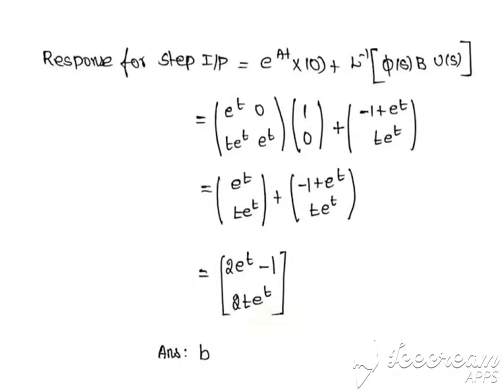So now substitute these two values, that is the state transition matrix and x of 0, the initial value that is given, and this value. Again perform multiplication by the row column method, then we get this matrix. While adding these two, we get the final answer. The correct answer for this particular problem is option B.